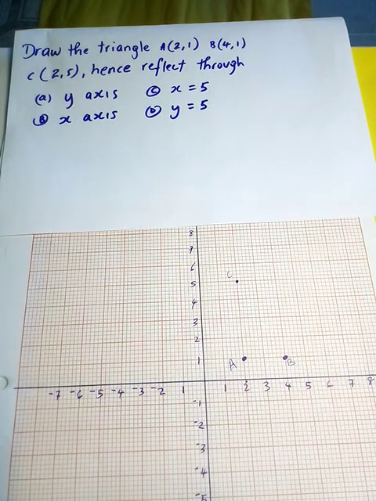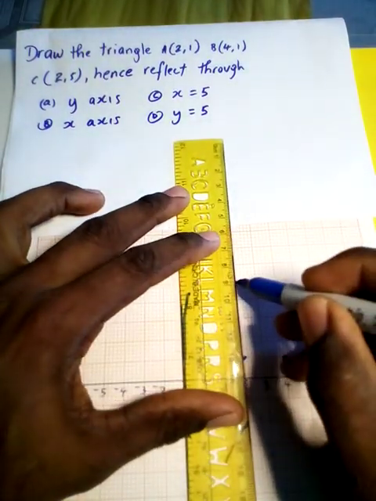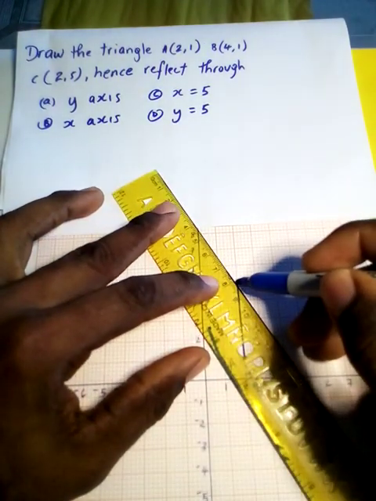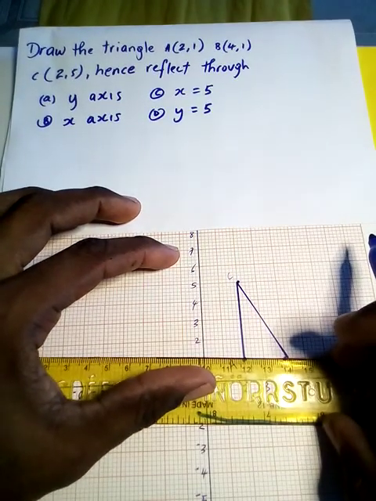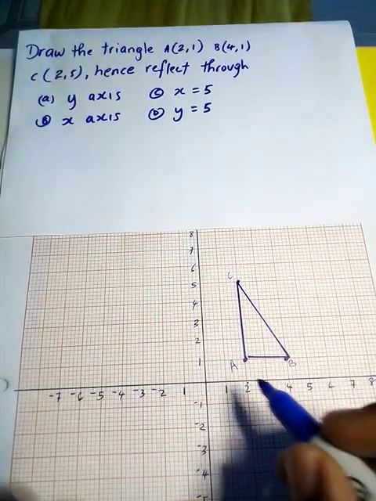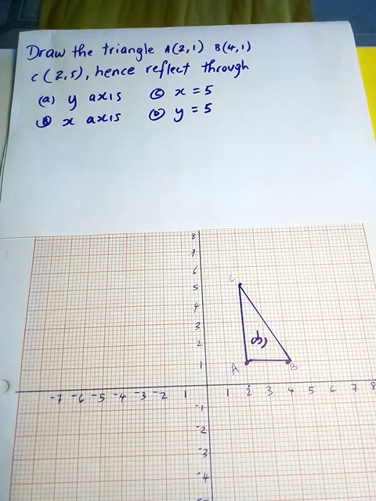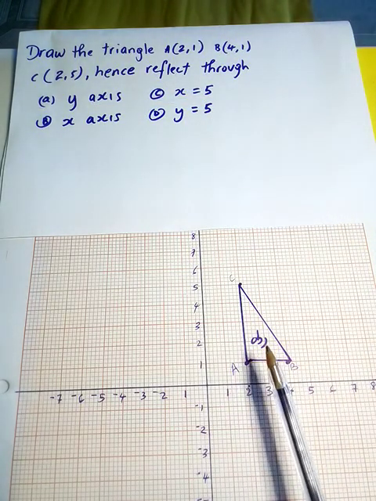Now we can create our triangle, right, using our straight edge. So we're creating our triangle, which now forms our object. Alright, so we have just created our object from what is given. Okay,